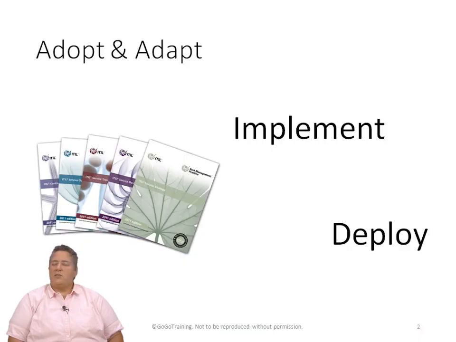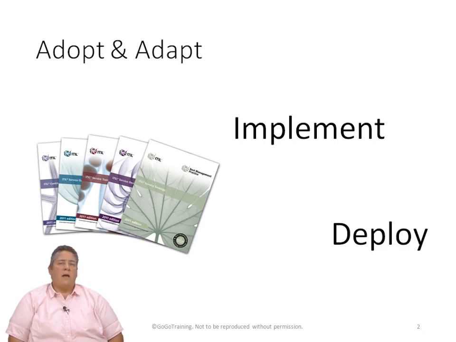In Module 2, this is really the introductory information for the ITIL Practitioner, and it's heavy in terms. For this module to make the most sense, you need to have read Chapter 1 in the ITIL Practitioner Guidance volume. The first set of terms that we need to talk about is adopt and adapt. This should not be a phrase that is unfamiliar to you. You should have heard it in your foundation class, and you definitely should have heard it if you've had any of the intermediates. This is an important concept that we are very, very clear on when we talk about service